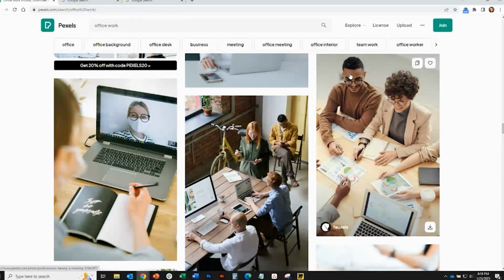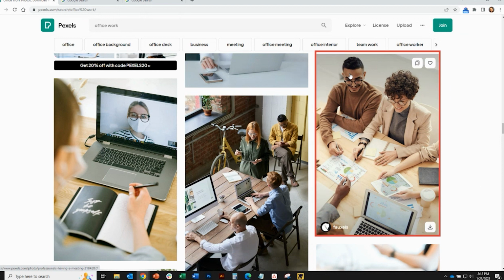All right. So you'll see I pulled up Pexels here, which is my favorite place to browse royalty-free stock photography. And I found this picture of this group of people, pretty neutral looking here. Let's say I want to use this on my webpage, but I don't know who else is using it. And I want to make sure there's no competitors using it or unsavory companies that I don't want my brand associated with.